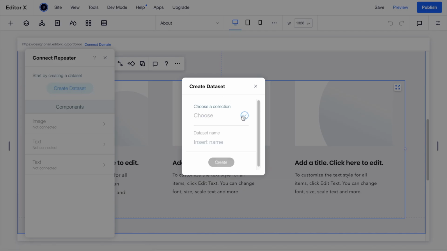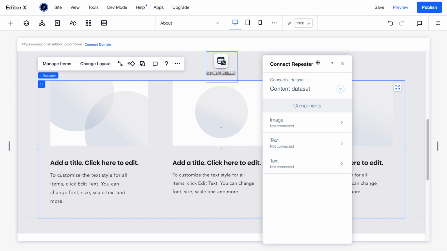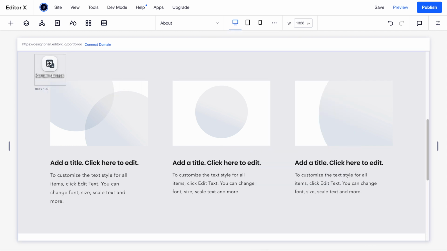Then you would just choose the collection we created with all our 3 projects. I named mine content, so you can click on there. And then for the content data set, feel free to name this whatever you want. I click on create, and now we have this little icon showing up. This isn't visible on the actual web page, but since we're editing, it'll show up on your side. Here, if you wanted to, you can click on manage content,